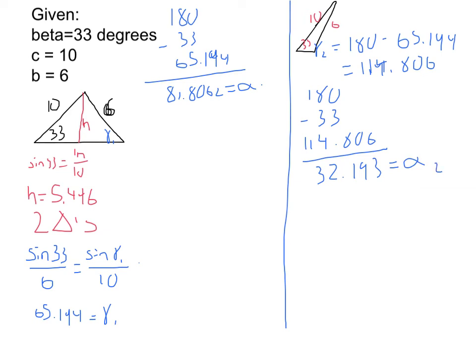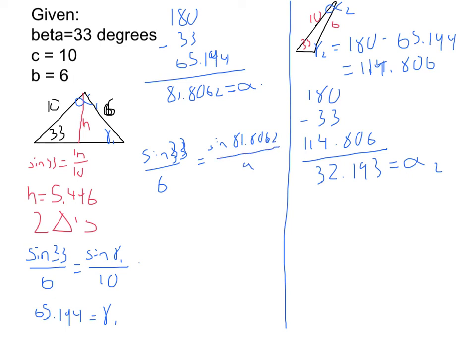And again, when we look at the picture, that should make sense. Alpha 1 is a much bigger angle than alpha 2. And then to find the remaining side, which in this case would be A, we just need to do regular law of sines. So over here, that's sine 33 over 6 would equal now sine of alpha 1, which is 81.8062